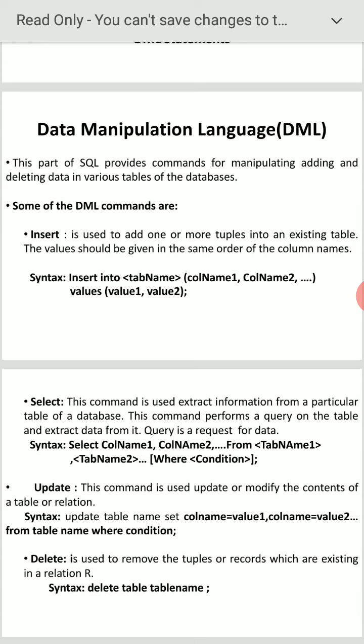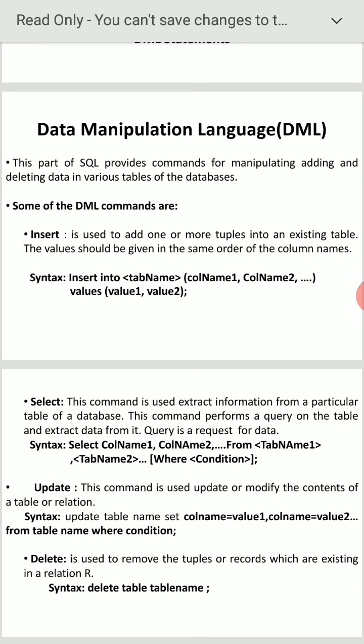Suppose I want to extract only employee number. Select, column name is employee number, from which table? Employee table. That is enough. Where condition, if necessary, we can use it.